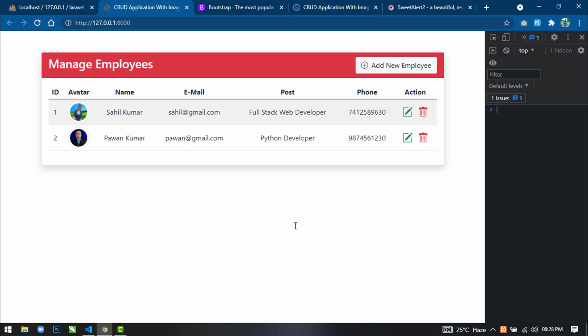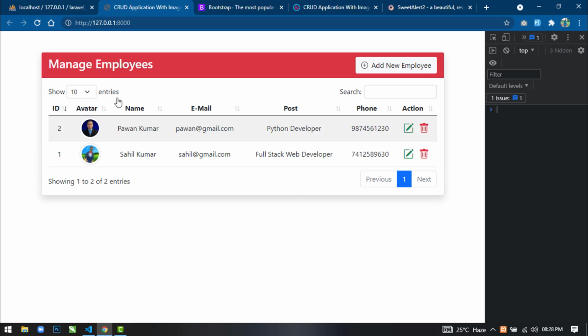Save this. Now just come here and refresh. Okay, now you can see the data table is initialized. Now you can see here is the search box, here is the pagination. Okay, now next what I will do is I will work on edit